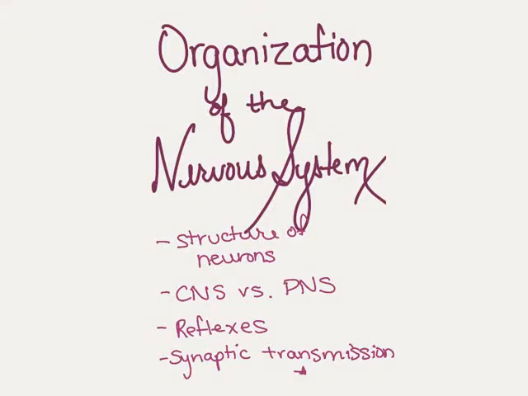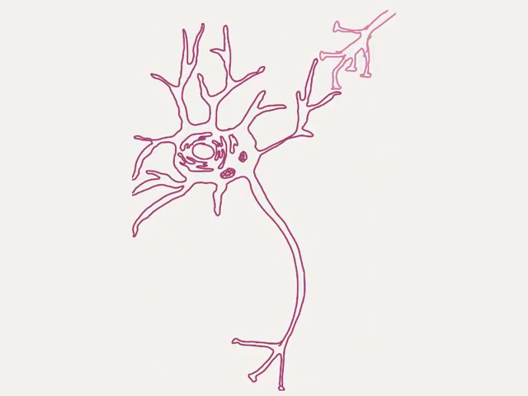In this lecture, we're going to go over the organization of the nervous system. We're going to focus on the structure of the neuron, the central versus the peripheral nervous system, and reflexes. And we're also going to briefly talk about synaptic transmission, which will actually be in with the structure of the neuron. So right here in the darker color, you're looking at a typical neuron, and of course, you remember that